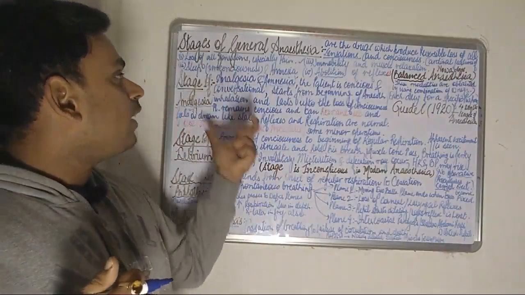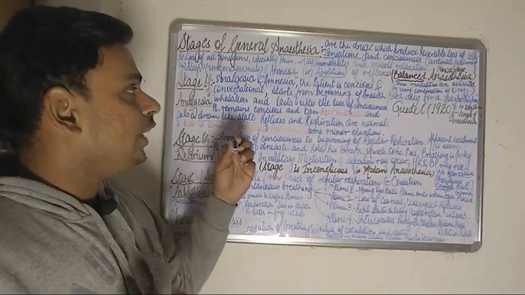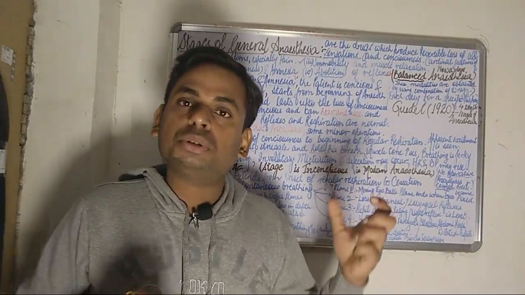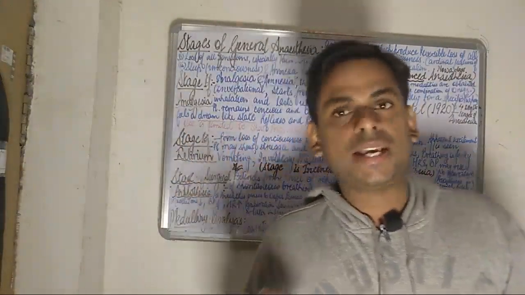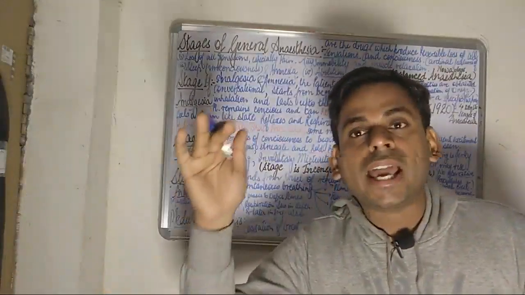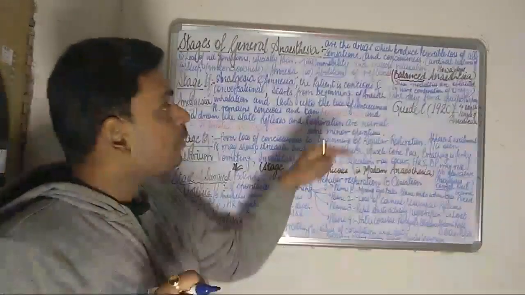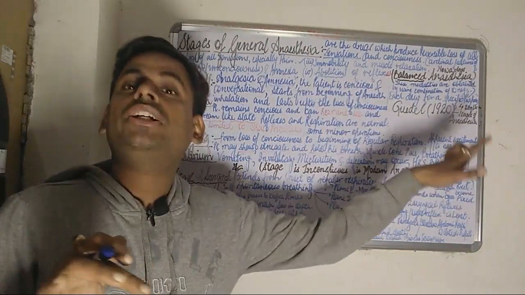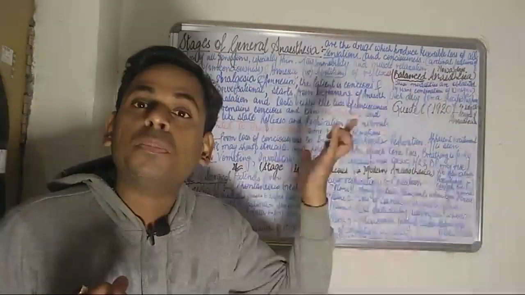This stage of analgesia starts from the beginning of the anesthesia inhalation and lasts up to the loss of consciousness. This fact needs to be emphasized: from the time the anesthesia is administered to the time the loss of consciousness ultimately occurs,